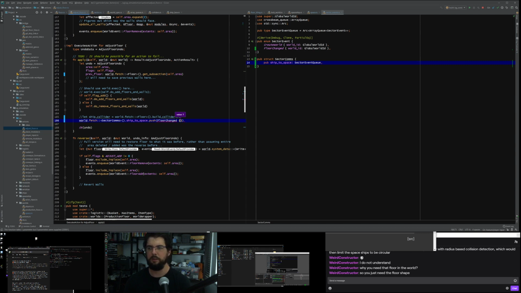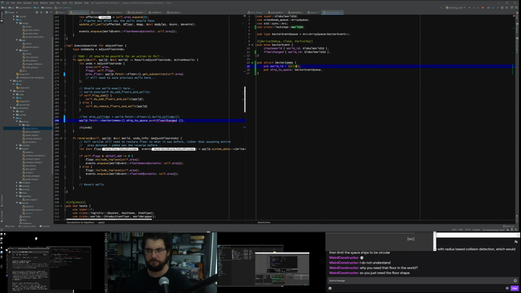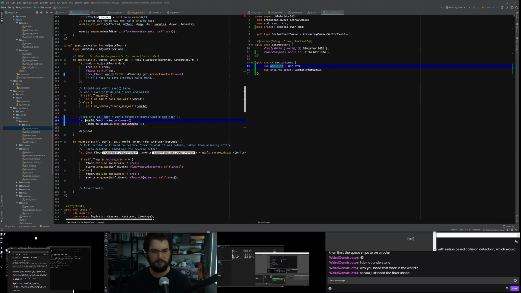I wonder if we even know what our own world ID is. So there's a good reason, there's another good thing to put in here. So pub world ID, so that a world knows its own world ID. Okay, so we need to, using ship to comms, we'll put in a variable, let comms equal sector comms dot ship to space push floor changed, where the world ID is comms dot world ID.